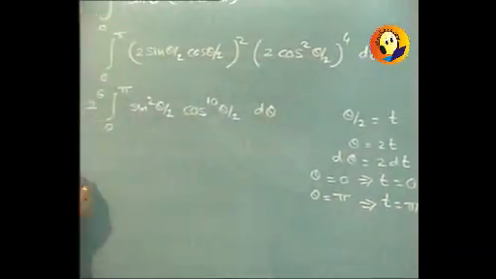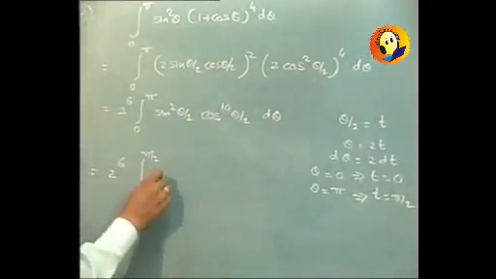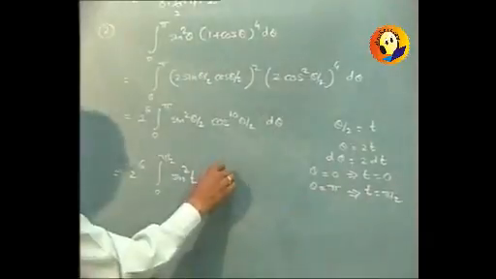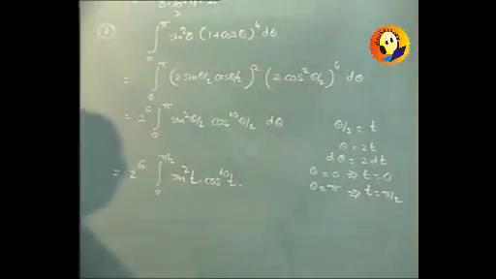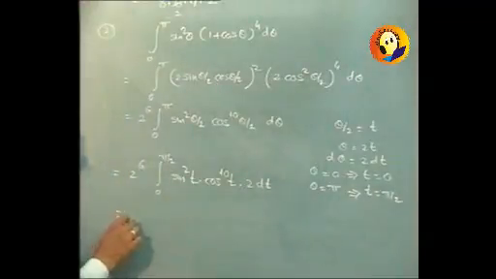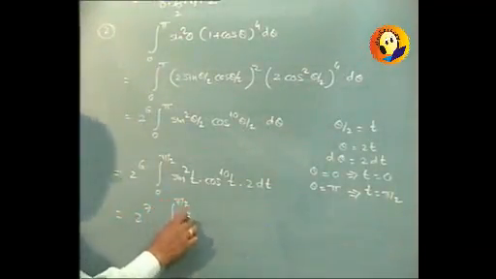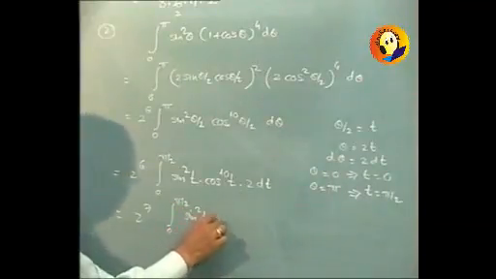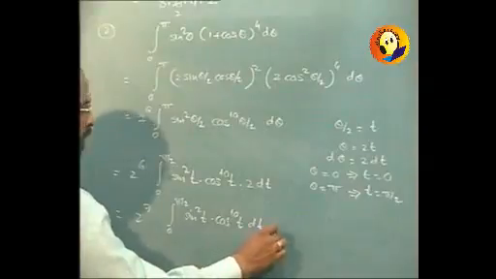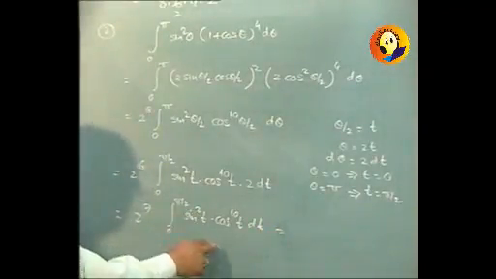We can write this as 2 raised to 6 integral 0 to pi by 2 sin square t into cos raised to 10 t into d theta will be 2 dt. So it will be 2 raised to 7 integral 0 to pi by 2 sin square t into cos raised to 10 t dt, where we can apply the reduction with m is equal to 2 and n is equal